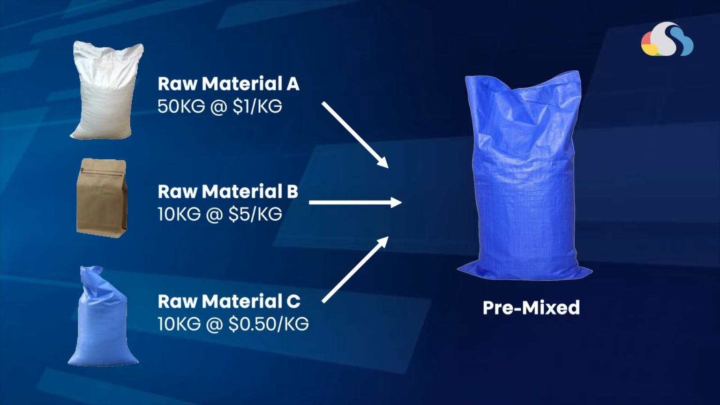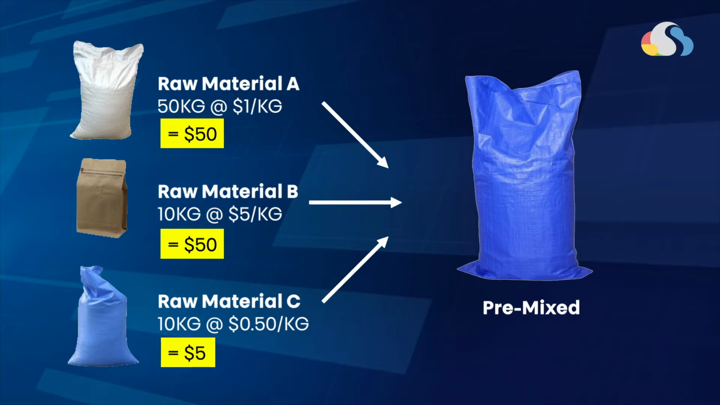Okay. So instead of trying to second guess, what Jessica can do is start looking at the cost of each individual item. So 50 kilogram at $1 per kg, you get $50. $50 again for 10 kilogram of raw material B, and you get $5 for 10 kilogram of material C. So that's a total of $105 and a total of 70 kilograms of premix, and that gives you roughly